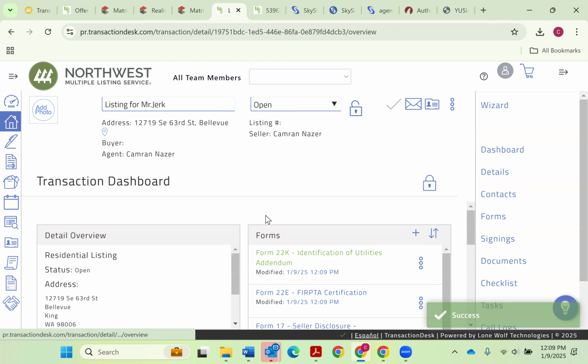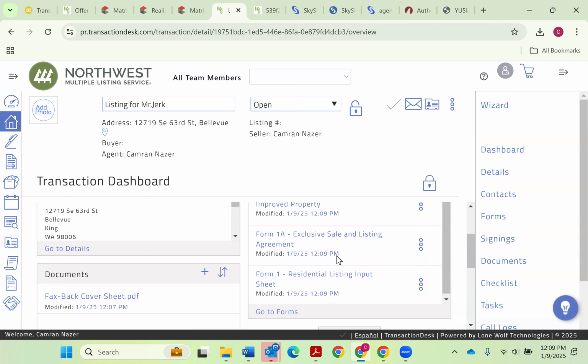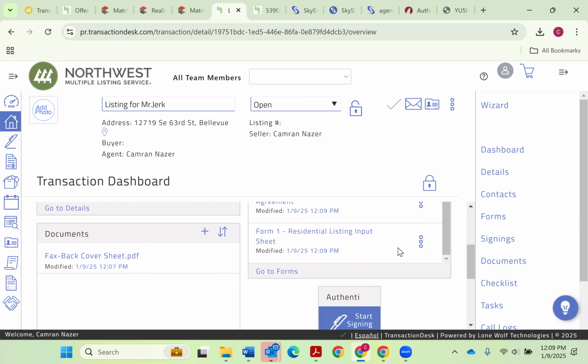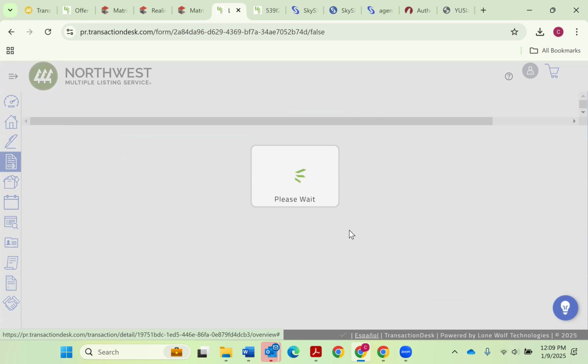All right, so then once I go through, I fill everything out, I send it to my client for signing, and I'm ready to start inputting the listing. I'll show you one other neat tool for the listing side. So once I have everything signed, and let's say I want to input it, and the input sheet is what you use to input a listing. It's the form that puts all the details about the listing and gets it authorized and signed by the seller. So once I have that all filled out and signed,